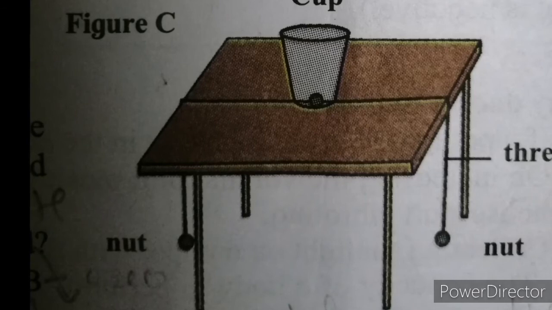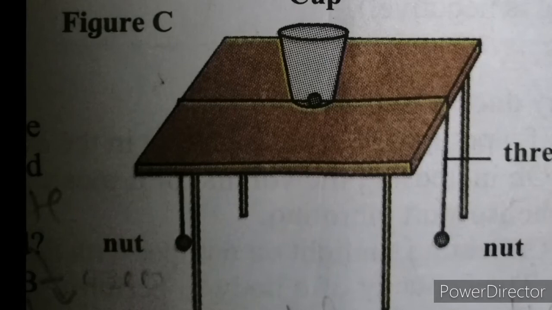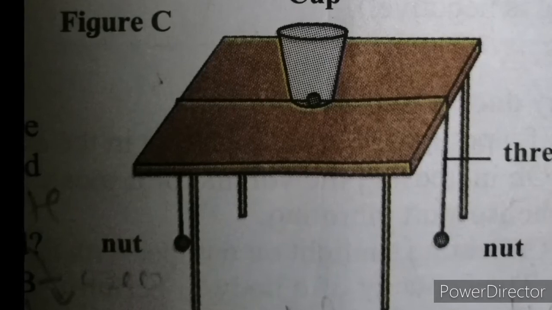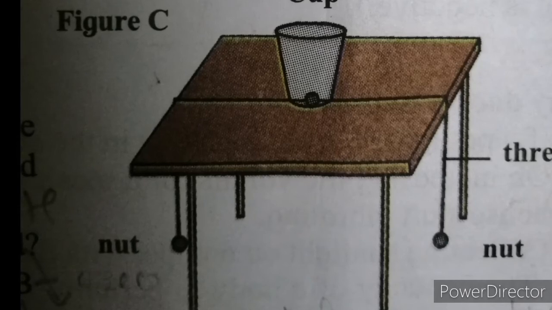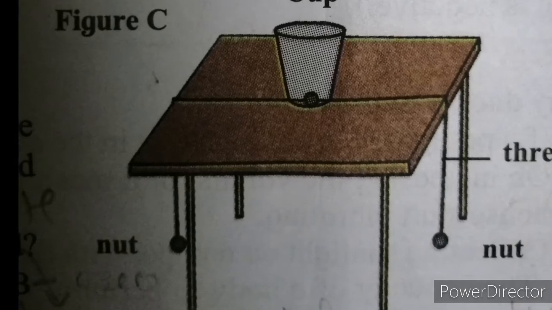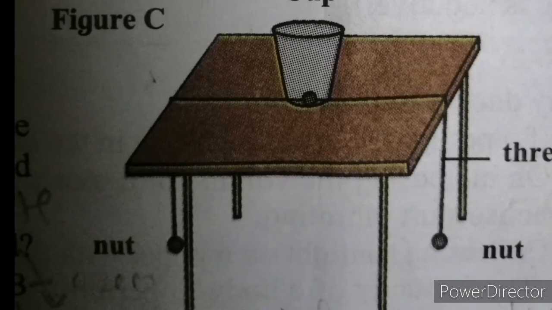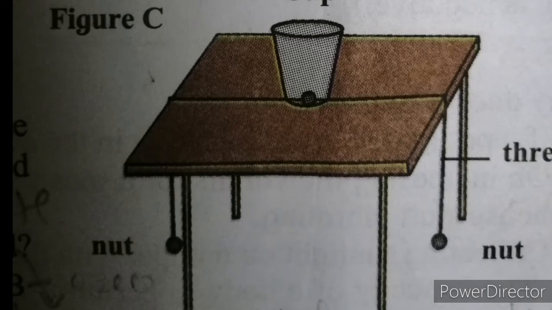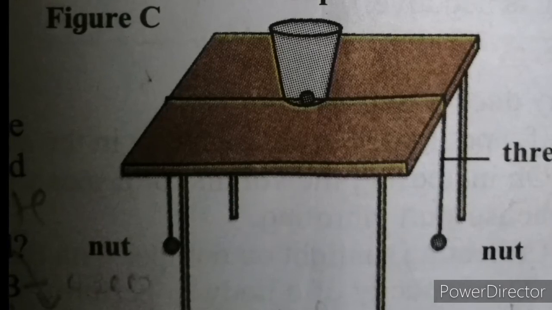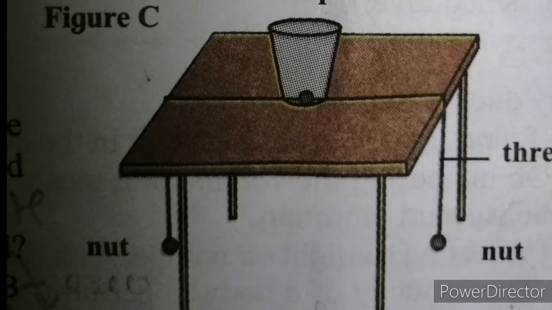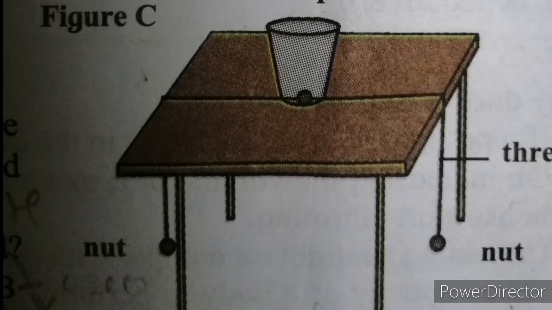What is the type of work done in figures A, B and C? In the case of figure A, positive work is done. In figure B, zero work is done, and in figure C, zero work is done. In the three actions above, what is the relationship between the applied force and the displacement? An unbalanced force causes displacement of the body.